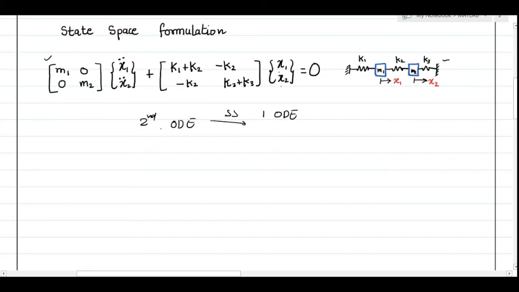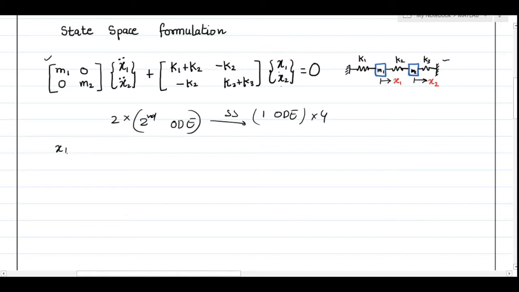So when we apply the state space formulation, finally we will get four first order ordinary differential equations, because currently we have two equations which are of second order. So how do we make a state space formulation? For that purpose we have to create some new state variables. I will try to make it as simple as possible, because when you see the books you may find some complicated terms. I will not use any complicated terms here.